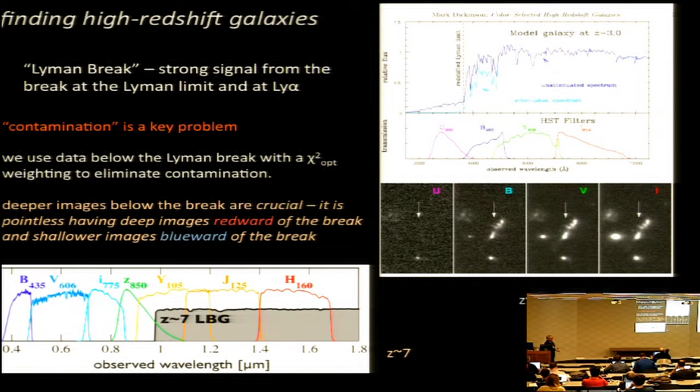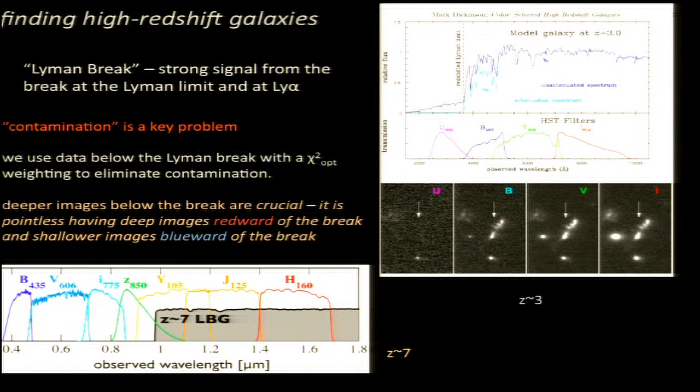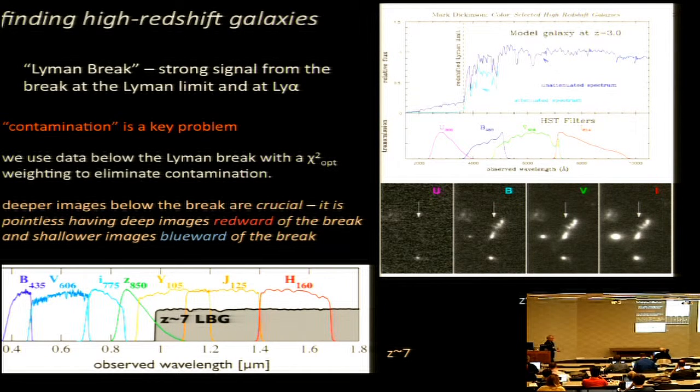Lyman limit, Lyman alpha break at high redshift, and the signal that comes from these. One of the things that is a key problem in this area and continues to be a problem is contamination. One has to pay a huge amount of emphasis, time, effort on limiting the contamination in samples. And one of the things that we've learned, most everybody has learned, but still some teams make a mistake here,